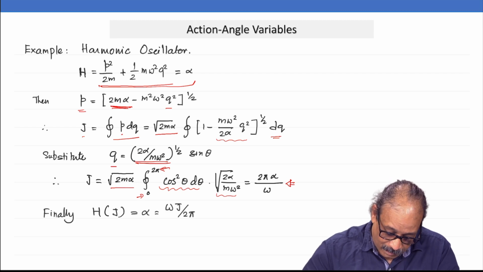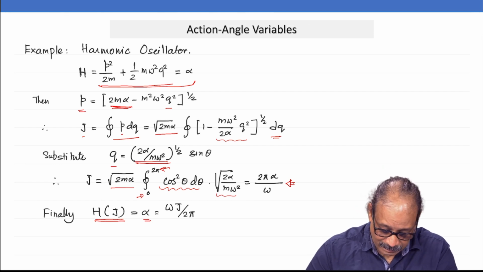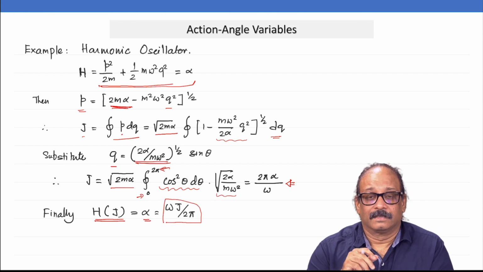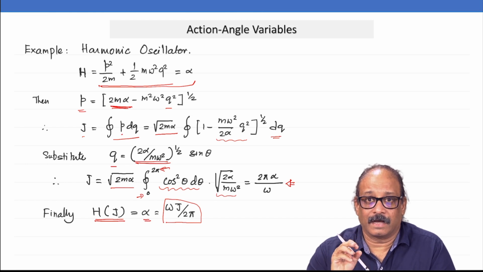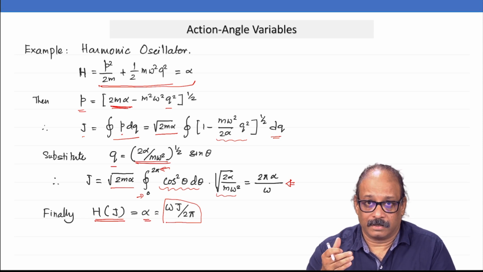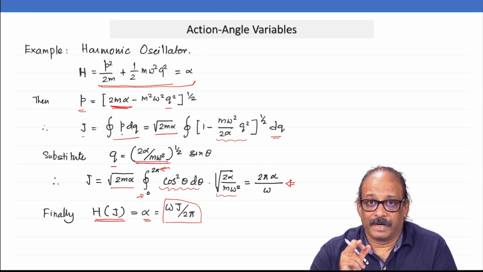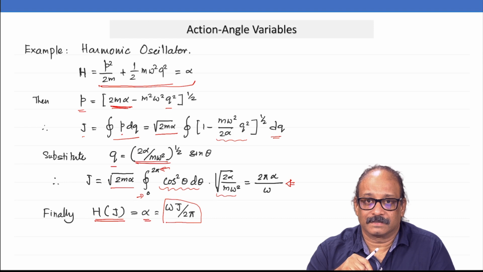So, alpha is the Hamiltonian expressed as a function of J, and that is exactly equal to omega J by 2 pi there. I still have not calculated the generating function or Hamilton's characteristic function yet. I have not calculated the second or new canonical coordinate yet, but I already know the frequency of this system because it is in oscillatory motion